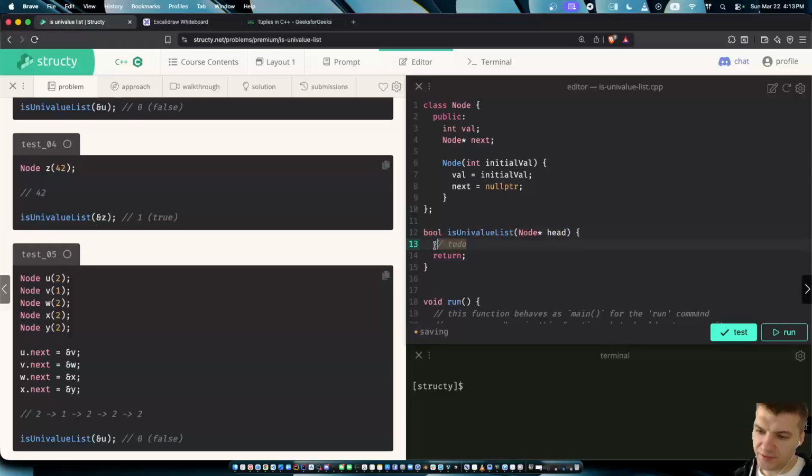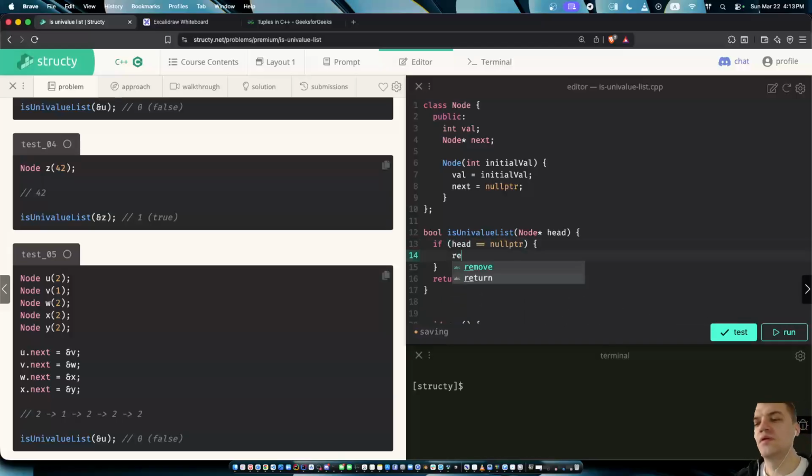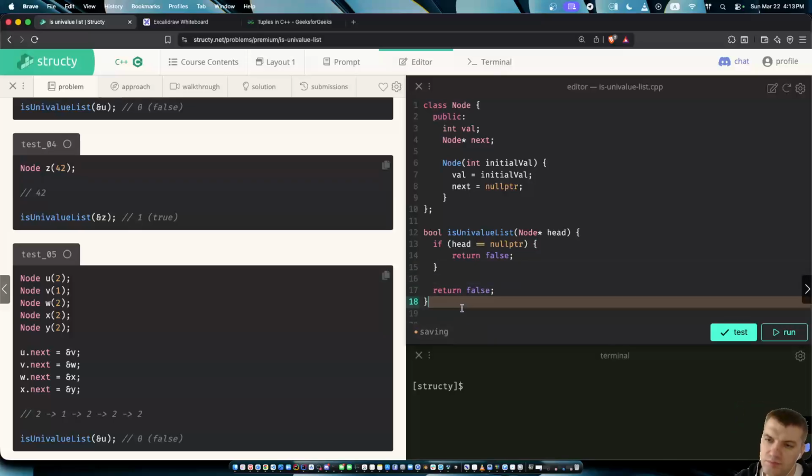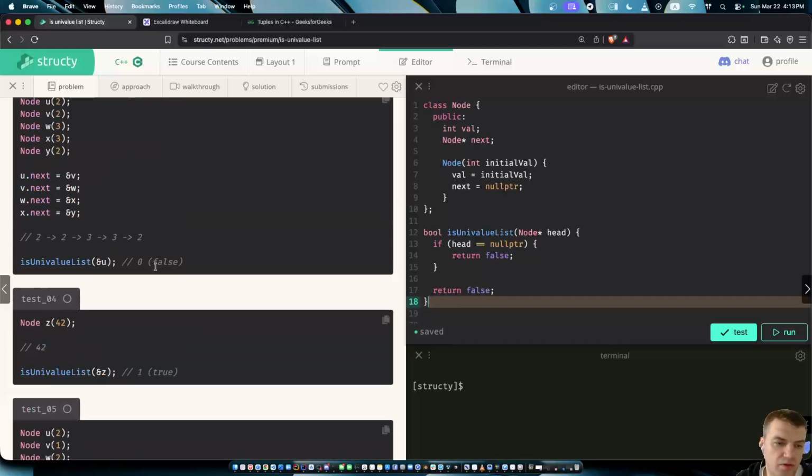So all I want to know is, if head is equal to null pointer, I'm going to return false probably, and otherwise, I'll do